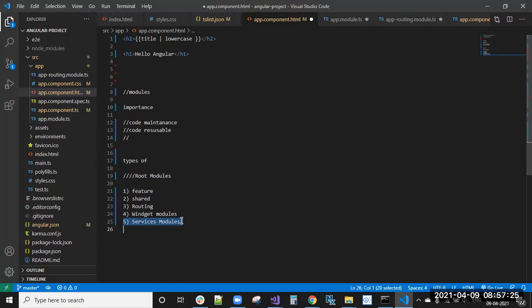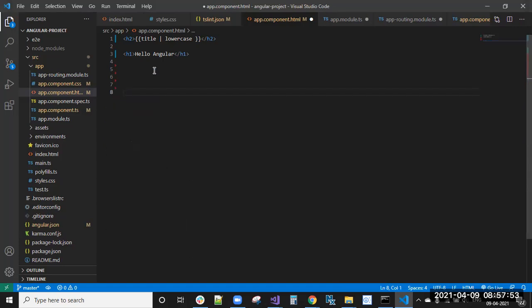But if the services are more than 20, 30, in that case you can create a service module, import all the services into that service module, and give that service module reference in the app module. Like that, we can give. So these are the different types of modules we can create in the Angular application. Okay, I'm removing this now.